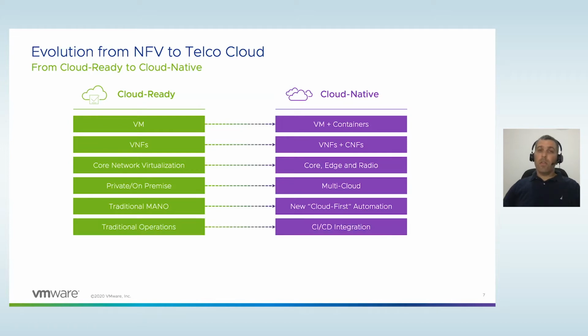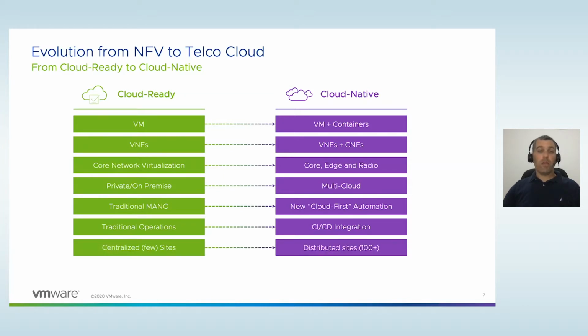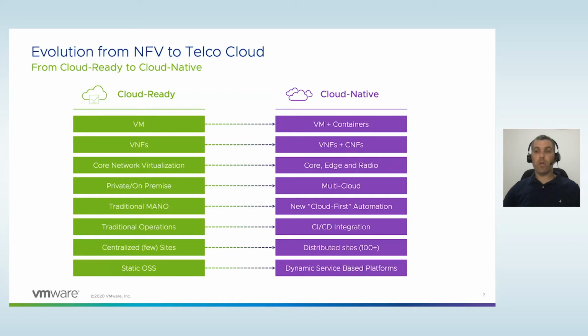Moving forward, in terms of the operation, we now need to integrate into a CI/CD pipeline that basically allows us to keep the agility in terms of how we deploy and how we scale the application. In terms of the scale, we spoke about the requirement to scale above 100 sites. So from traditionally 10 sites at the edge, most of them physical, suddenly we have hundreds of virtualized locations at the edge, plus tens of virtualized locations at the core. In terms of the operational aspect, instead of having a single OSS that manages the deployment, now we have multiple layers of automation, including the VMware automation that I will speak about in a second.